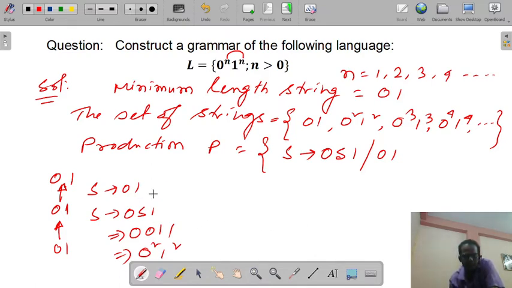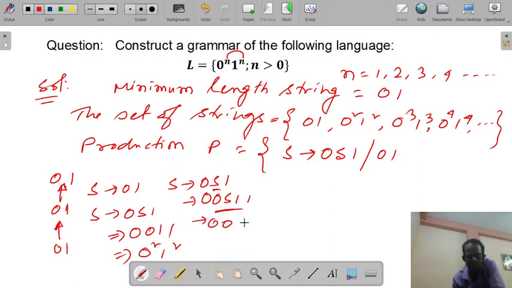Okay. So for the next case, if you want to make 0 cube 1 cube, S implies 0 S 1. This S needs to be substituted by the production S implies 0 S 1. So 0, 0 S 1, 1. Now S is substituted by 0 1.